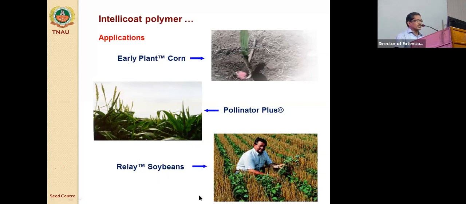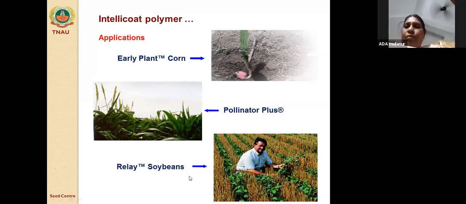In such a situation also, we can go for treating the seeds with required chemicals, either to absorb moisture immediately or to delay the process. So the chemical or polymer will be synthesized and selected in such a manner and applied for the polymer coating. This is the beauty of polymer coating.